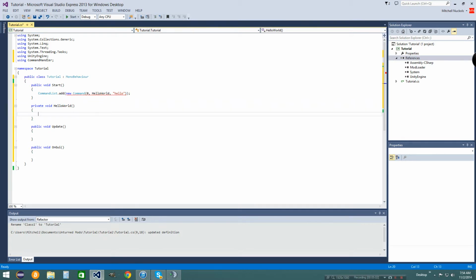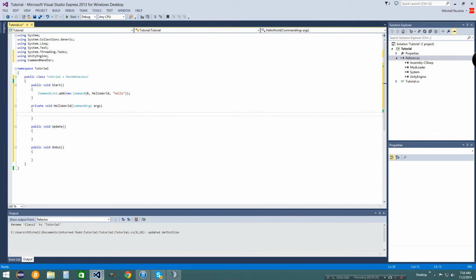You'll notice that it gives you an error here because you need to actually do something. You need to make the command args. So args. There we go. Now that should work. This is what it will do, this method right here. It'll call this method once a player types in this command. So if we go ahead and say